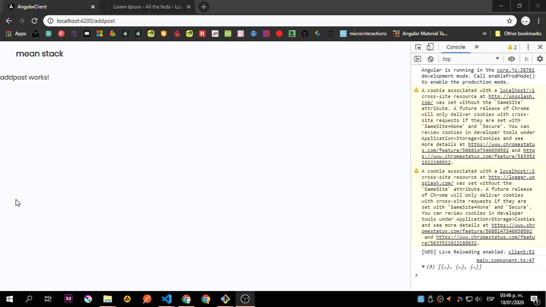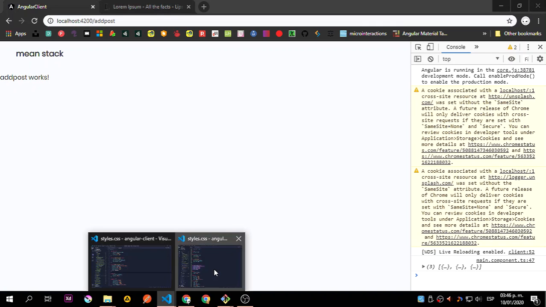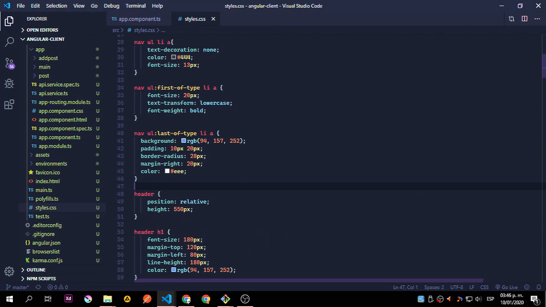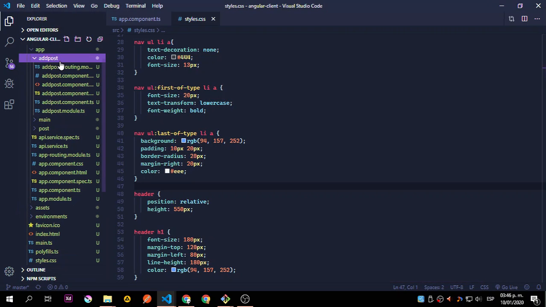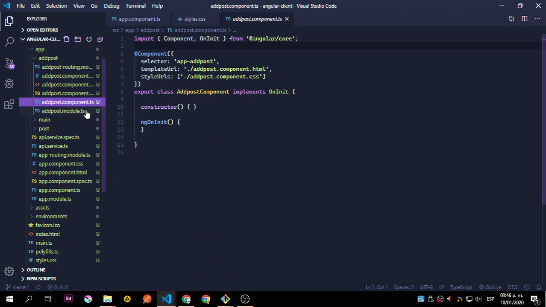Hey guys, back again, and now it's time to create the add post that is going to allow us to create a post inside the MongoDB database. So let me just grab those. Okay, I am there, and we need to go to add post component ts, and I will add a few